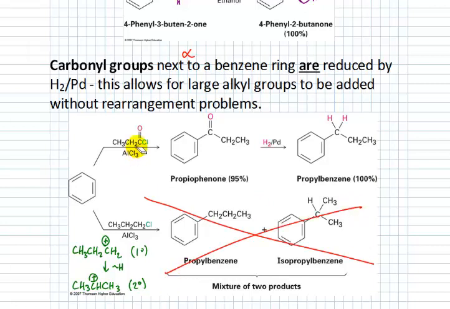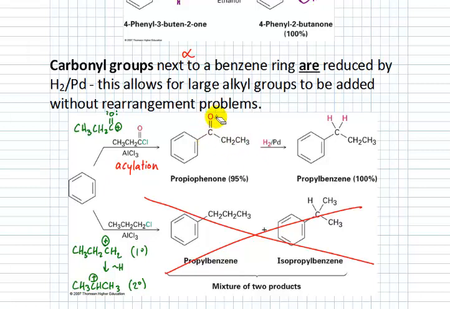What we can do, however, is add this compound with 3 carbons, a C double bond O, and a Cl. It's called an acid chloride. We have a whole chapter on them later, but we'll do a Friedel-Crafts acylation, because remember that the acyl cation is resonance stabilized with the oxygen lone pairs next to it. Okay? There is no rearrangement with acylation, so I can reliably make this 3-carbon side chain, although it has a